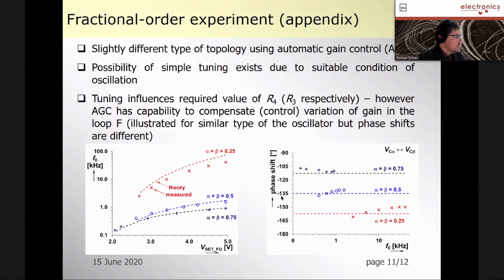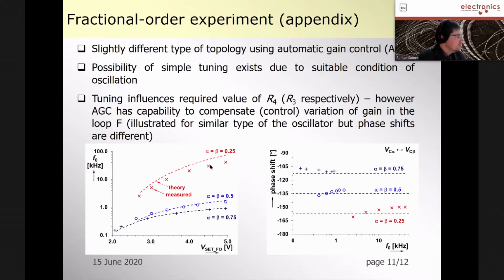You can see that we are always keeping a constant phase shift in some bandwidth. It is not 45, but minus 135, because this is a slightly different oscillating structure. But we can see that in some limited bandwidth, we obtained a constant phase shift between output waveforms for different orders.